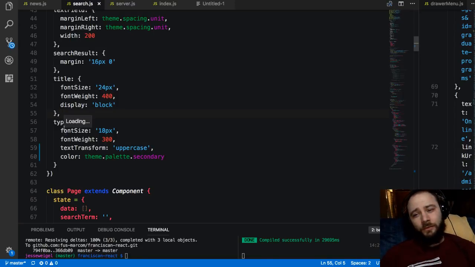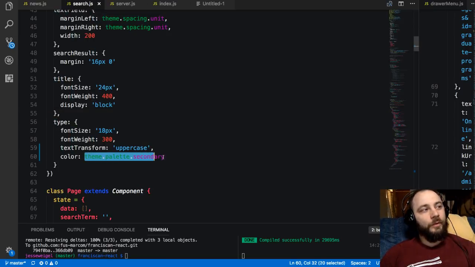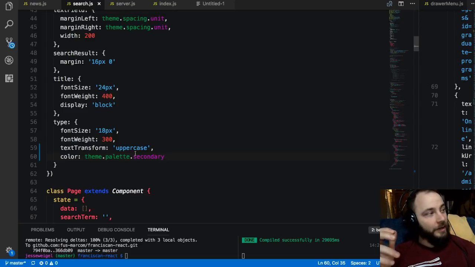So in React, one of the ways you can do styles is to make a JavaScript object with CSS-like properties. So you can see it looks kind of like CSS, but we're doing some stuff with camel casing. So I am just making a class called type, basically, and I'm setting the color to whatever color we have saved in as this. So instead of putting the hex value like we normally would, then